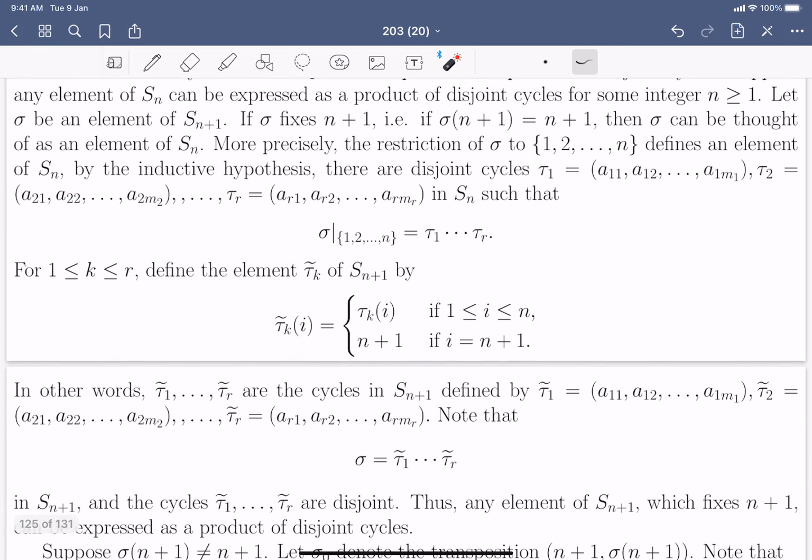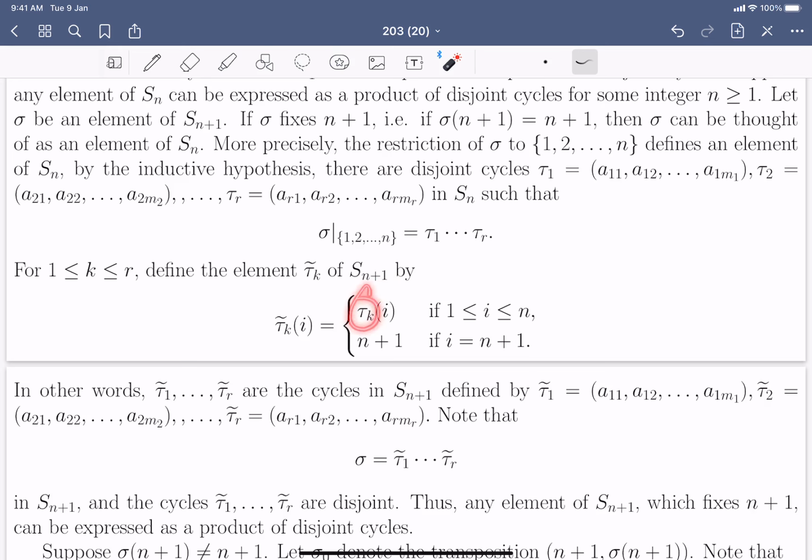So the permutation sigma that you have started with, when this equality holds, has its restriction to the set 1 up to n expressed as a product of disjoint cycles by the induction hypothesis. Now for k between 1 up to r, we look at this element tau k tilde. We already had these cycles tau 1 up to tau r. We look at the element tau k tilde of Sn plus 1,